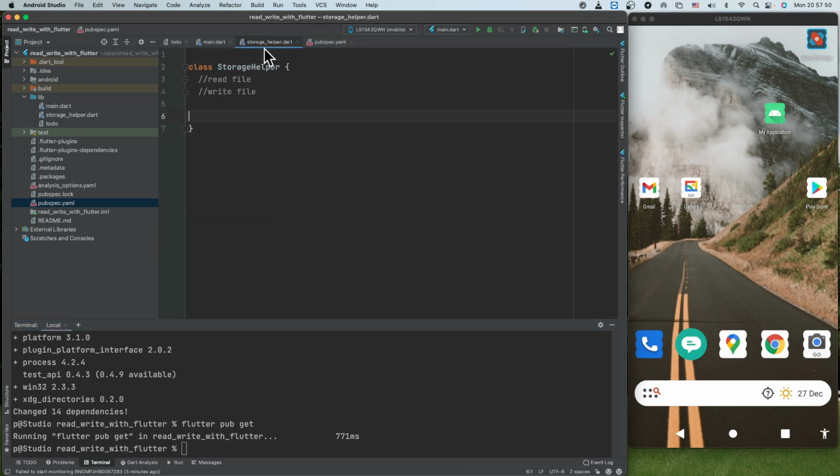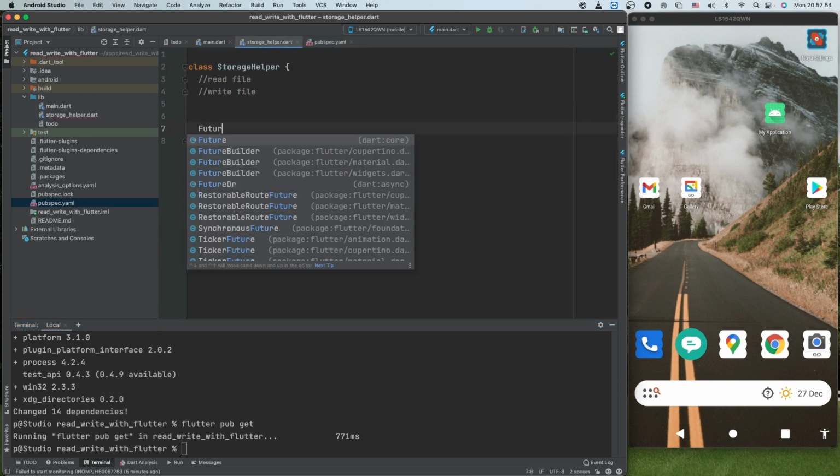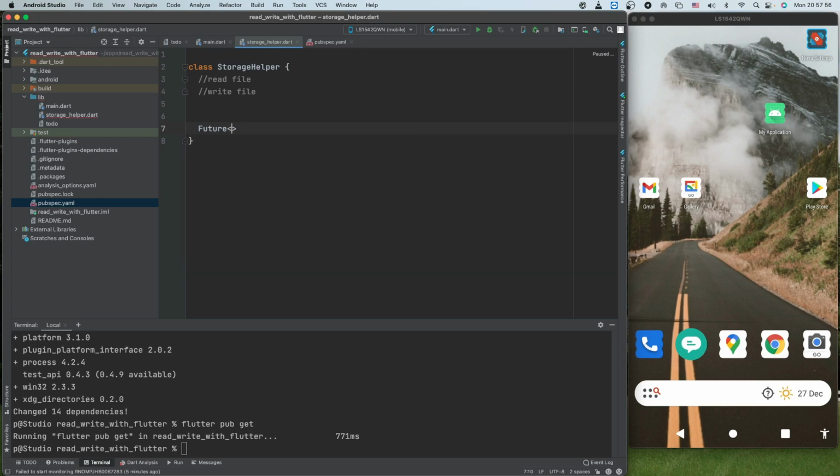We'll go back to our file and we'll create a method that will return the path. So we'll say Future<String>, it will return a string, and the method name is get local path. It is an async method because we are doing an asynchronous task.